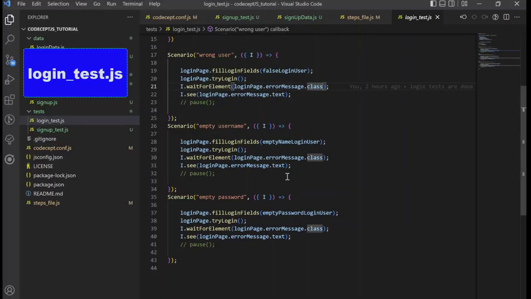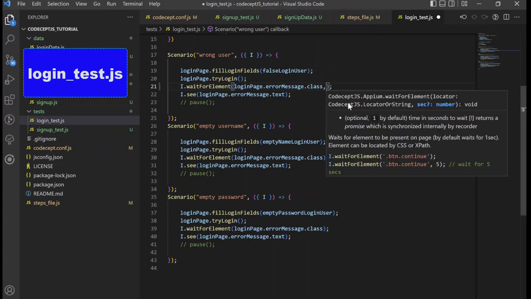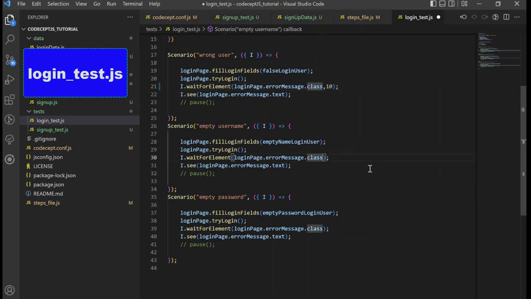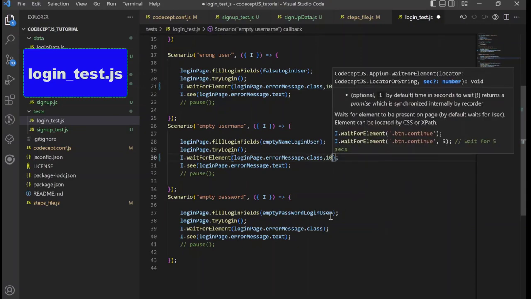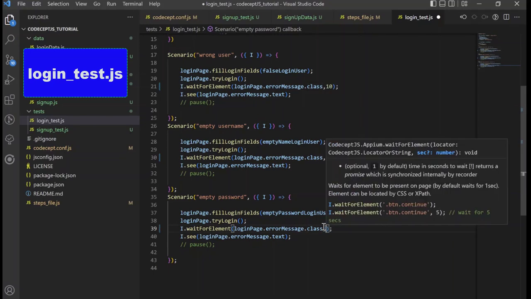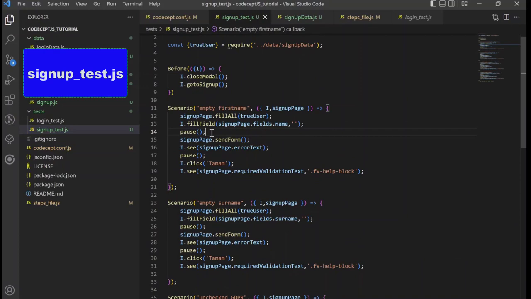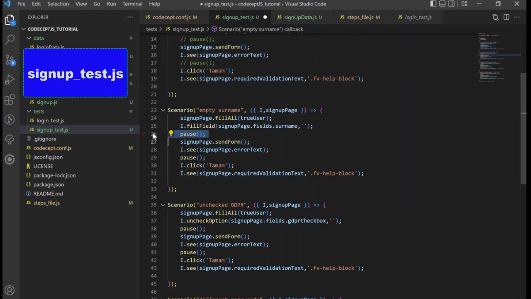We have some fixes. In the wait for element method, we can give a maximum time to wait, for example 10 seconds. And let's comment out all our pause methods, because we are going to run all of our test files.